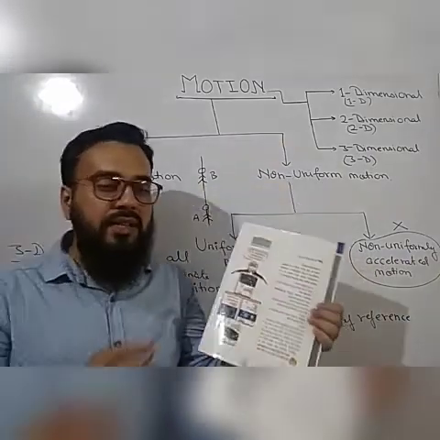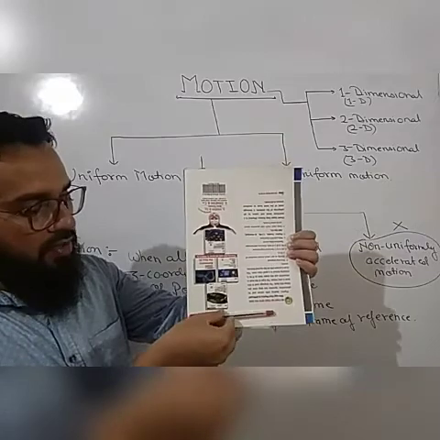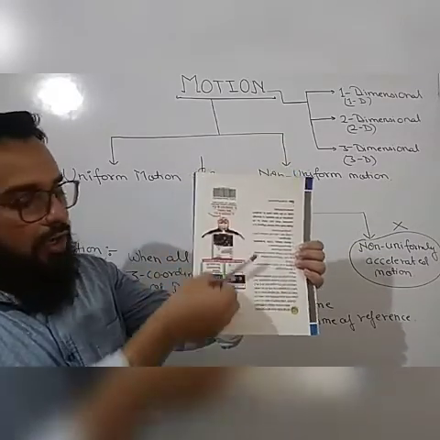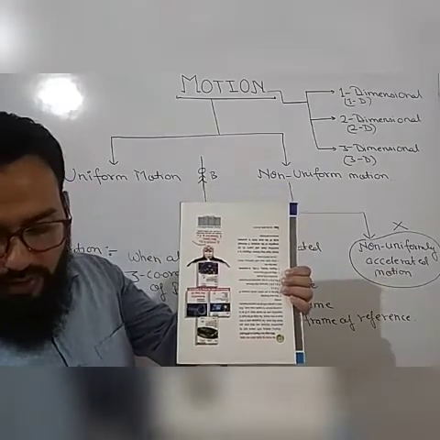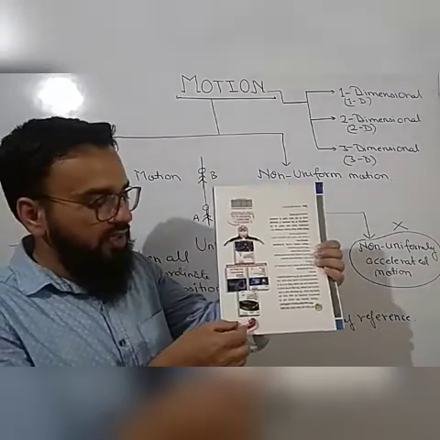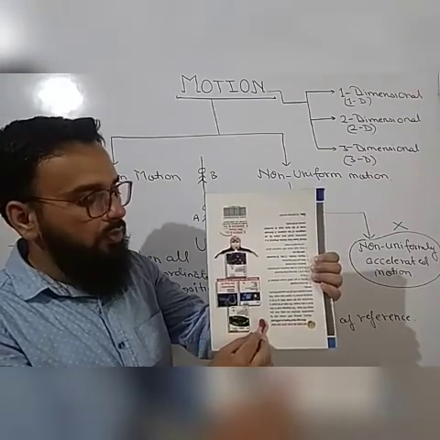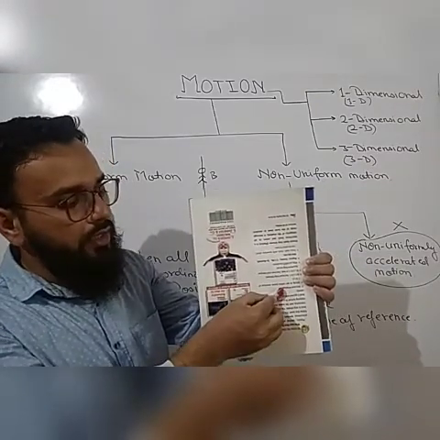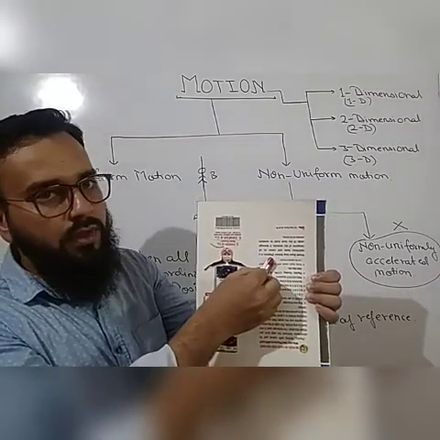But when will it be said to be three-dimensional motion? Suppose now this pen was moving on this x-axis, y-axis. Now suppose this pen is moving in this way. Take the cap only, it starts moving from here, goes in this way, then turns here, and suddenly it jumps up and then again down.